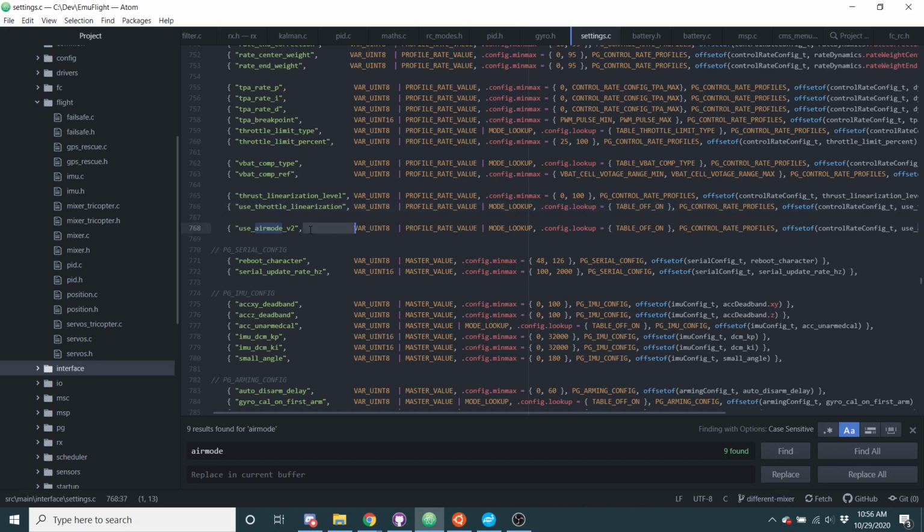But yeah, that's something that Tyler's come up with. So I don't take any credit whatsoever for this air mode version 2. I just did the predictive air mode and the axis lock. This new air mode stuff he's done, that's been all his idea. I've given him some input and feedback, but this is really all Tyler's idea, and it's